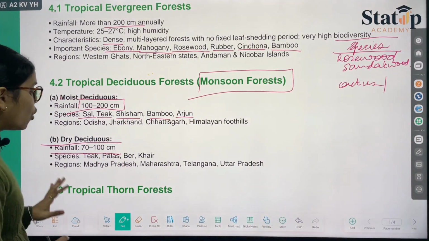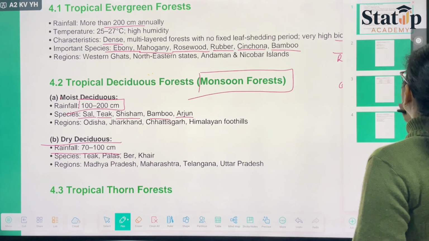Then we have the tropical thorn forest. When we talk about the tropical thorn forest,